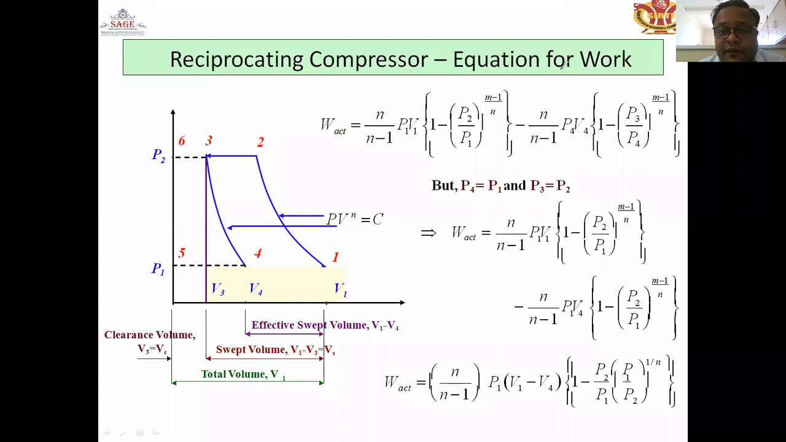After simplification, in the next condition, it can be written as P1 (V1 minus V4). If V4 is 0, the equation will change. Okay, so this is today's lecture. If you have any doubt,